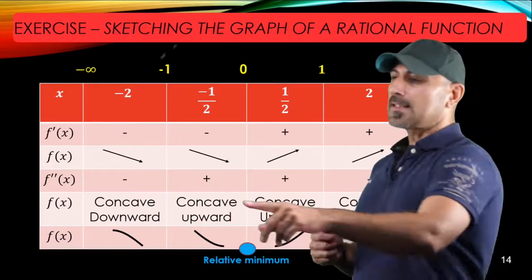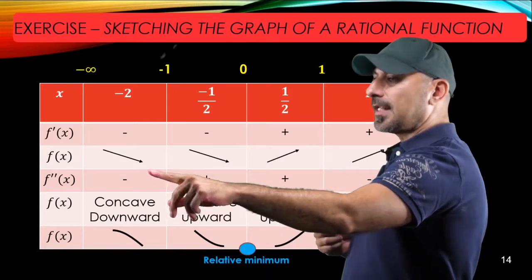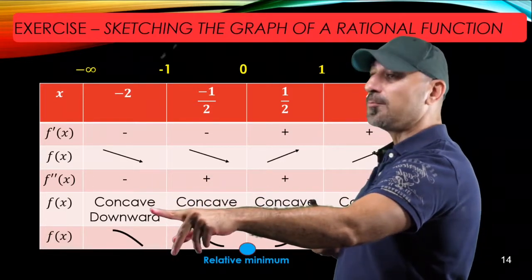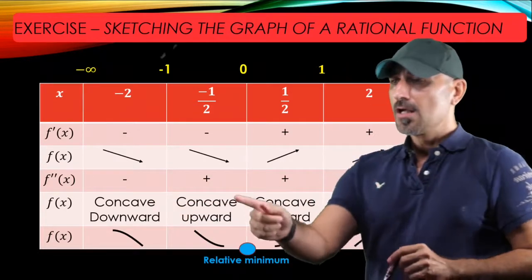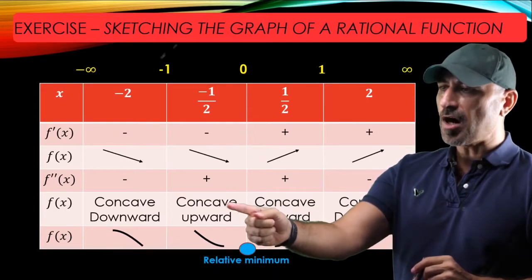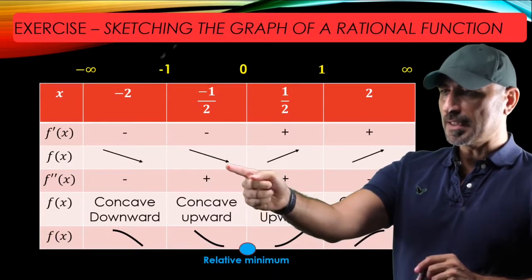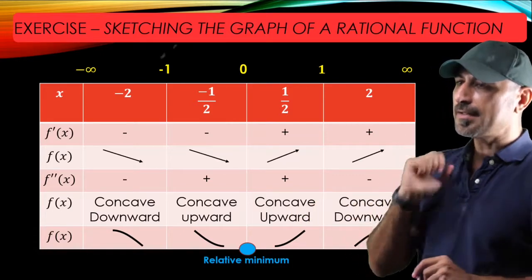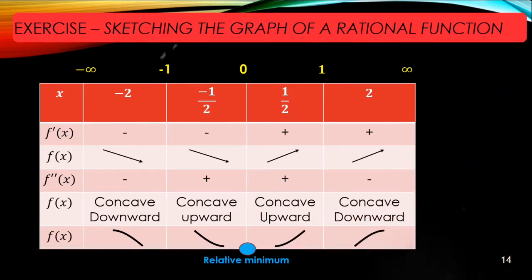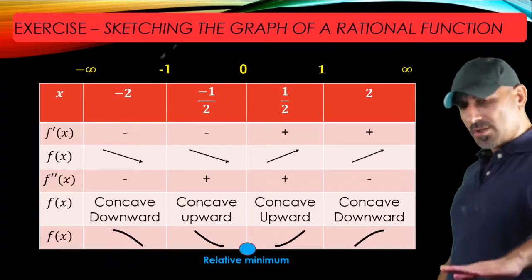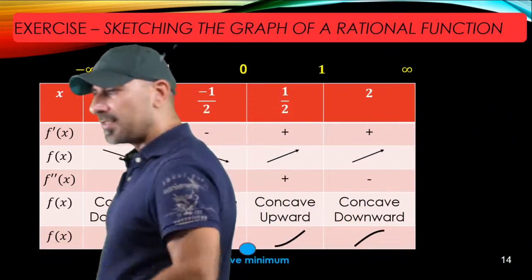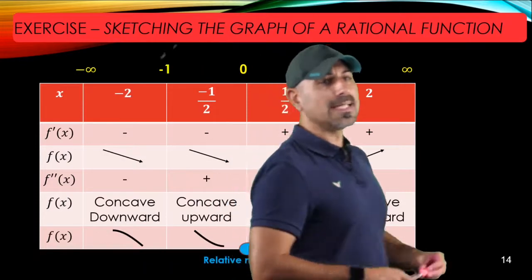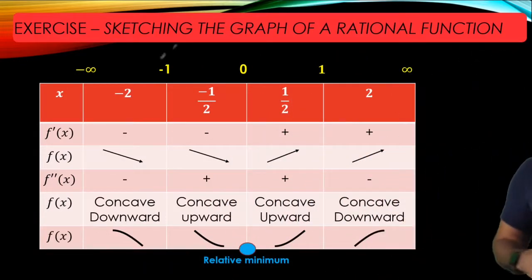And let's look at the signs for f double prime here. Since the sign is negative, f will be concave downward here, and f will be concave upward because it's a plus sign here, and plus sign here as well. And here f double prime has a minus sign, and f will be concave downward. So the last line in the row is in fact bringing all the information together to determine the exact shape